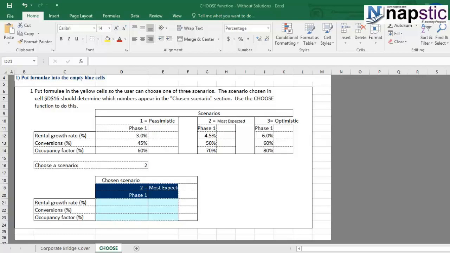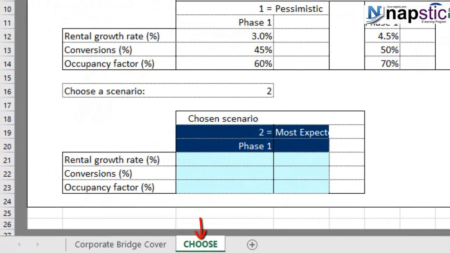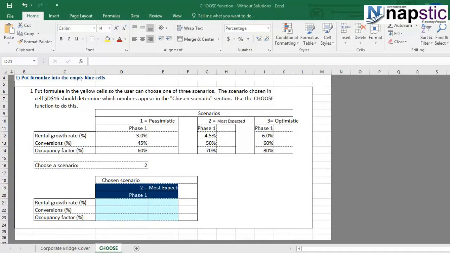We are now moving towards the next section of our advanced Excel tutorial, wherein we're going to understand the data functions. Under data functions, what we're going to do first is understand the choose function. How does this work? We're going to see that with this example over here. Now, how can you use this choose function?